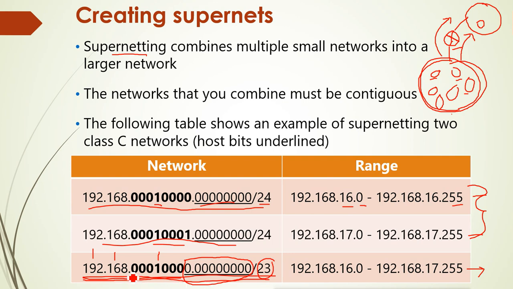So we will send this like 192.168.16, and then we will send it /23. Then anyone who gets this network knows that we are talking about these two subnets. This is supernetting. We do it on a router, we normally do not do it on our Windows 10 or Windows Server machine.